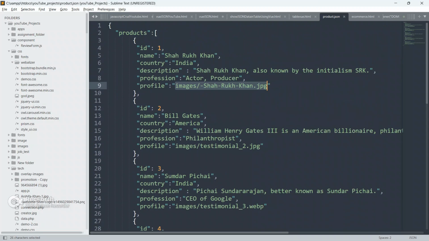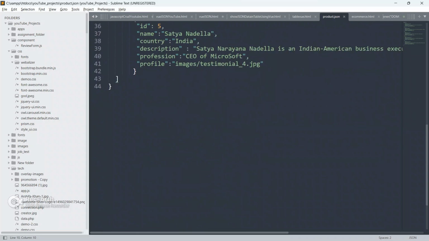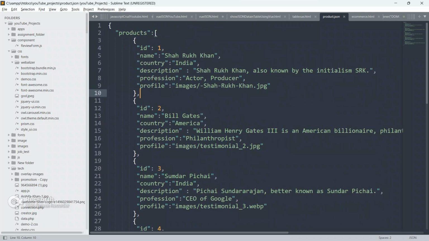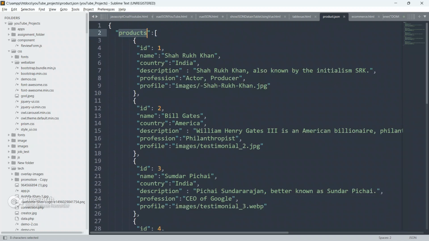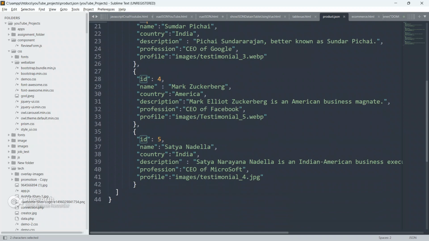I hope I have explained all the things about the JSON file. In this video we are going to use the product.json file, which has the details about the users. The product array has 5 elements, and as I already explained, a JSON file always comes in key-value pairs separated by colons.